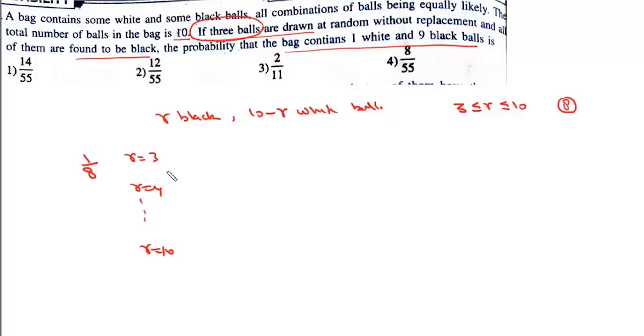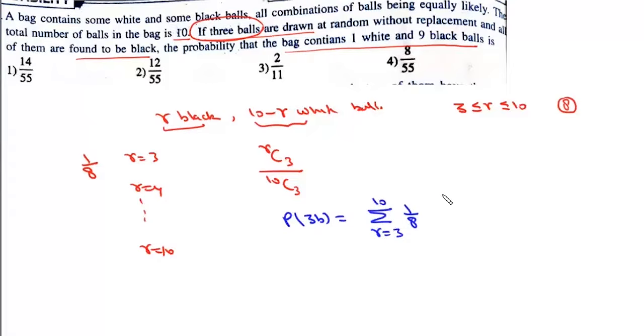Now when we have R black and 10 minus R white, then the probability of choosing 3 black will be given by RC3 upon 10C3. So the probability that we'll draw 3 black balls will be this summation, 1 by 8, R varies from 3 to 10, RC3 upon